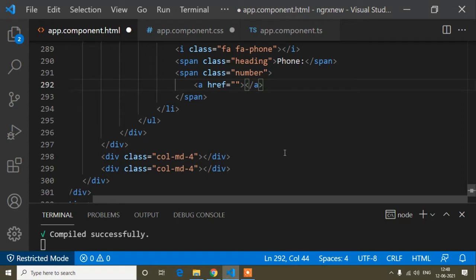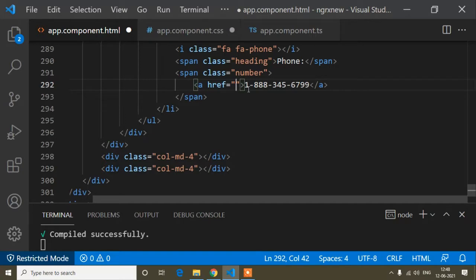If you click this number from your laptop or any desktop, there is no system for phone calls, so it will not open. But when you open it from your phone and click this number, it will redirect to your phone call. Now here I will put the number. The number will be like 1 hyphen 888, any dummy number, 345 and 6799. This is a dummy number, you can write anything.